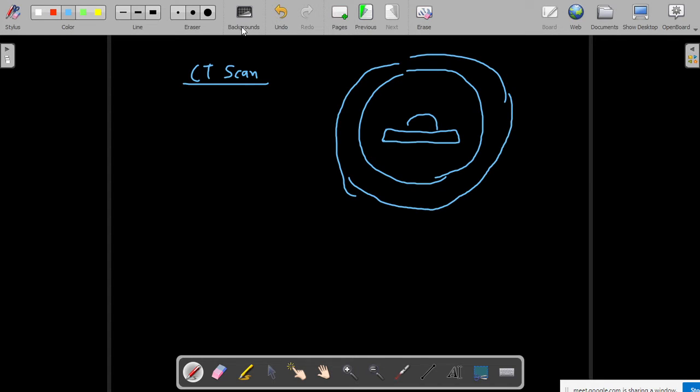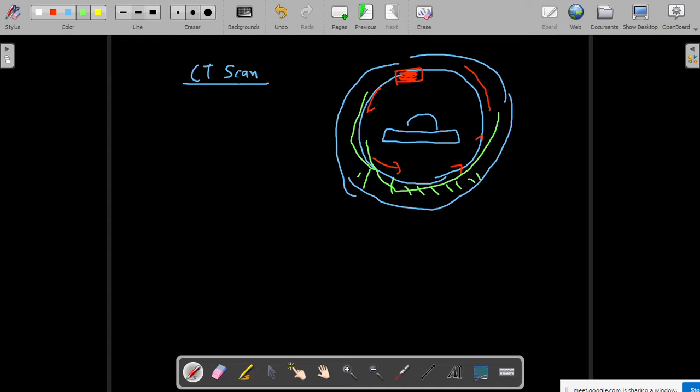So you'll have a gantry, and you'll have an X-ray tube that is going to rotate around this gantry. And you'll have a line of detectors throughout this gantry.